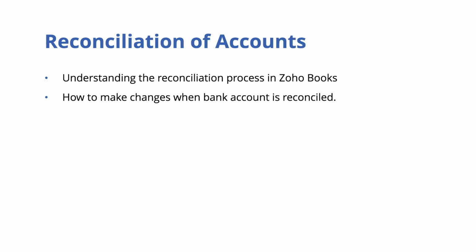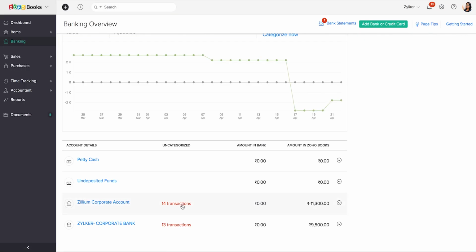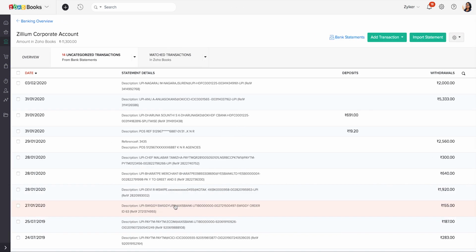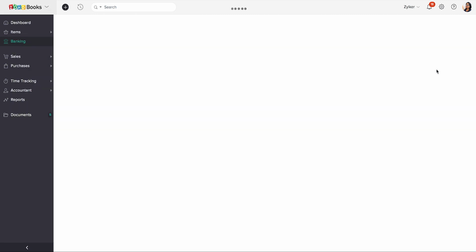As mentioned before, while setting up your bank account, you would have also provided the opening balance for that account. And now you can start reconciling the transactions added after the opening balance. Once the closing amount of the particular period is known, you can reconcile the bank account for that period. Navigate to the respective bank account and click on the settings icon. Choose Reconcile Account from the drop-down.